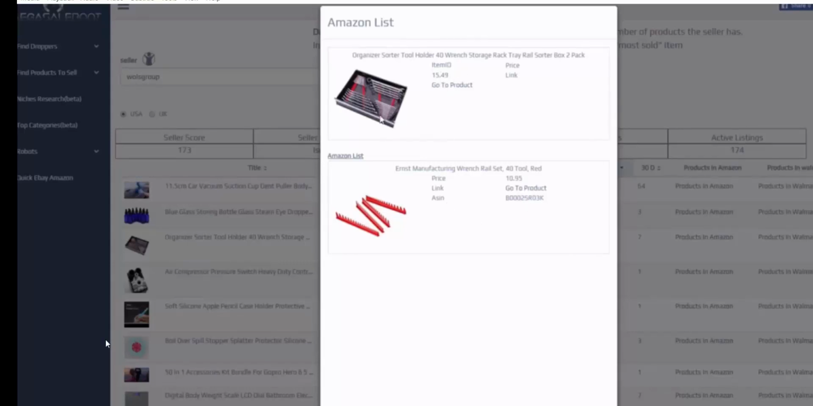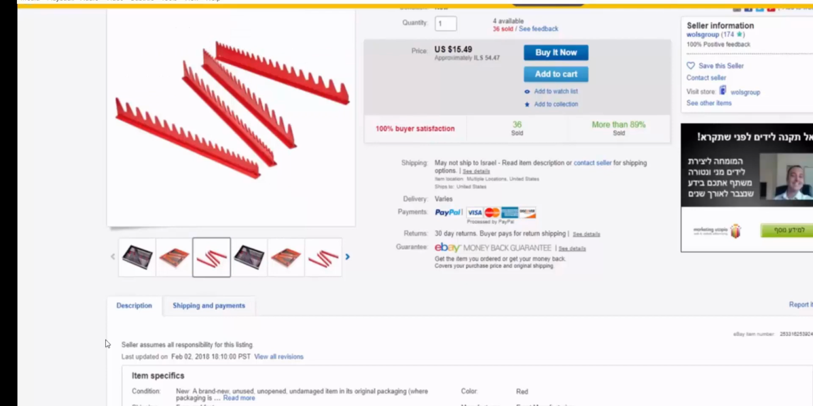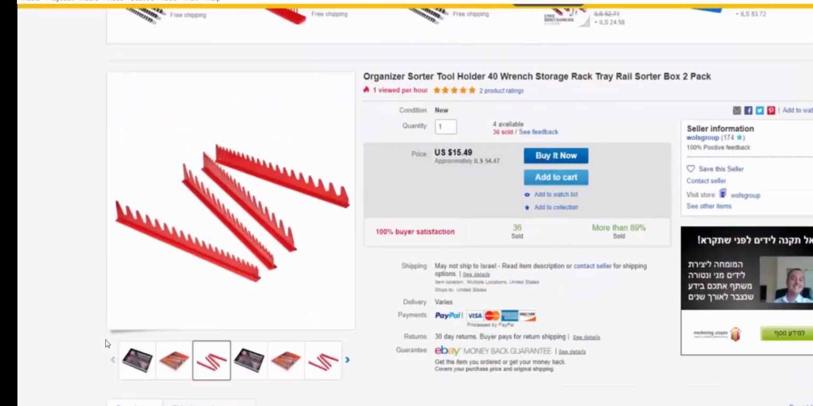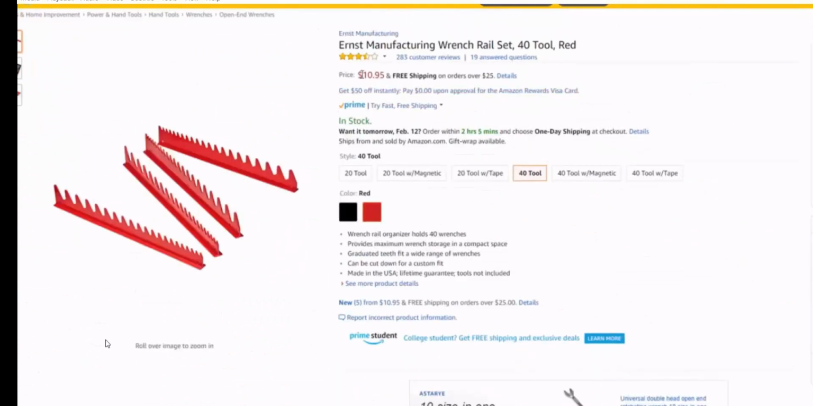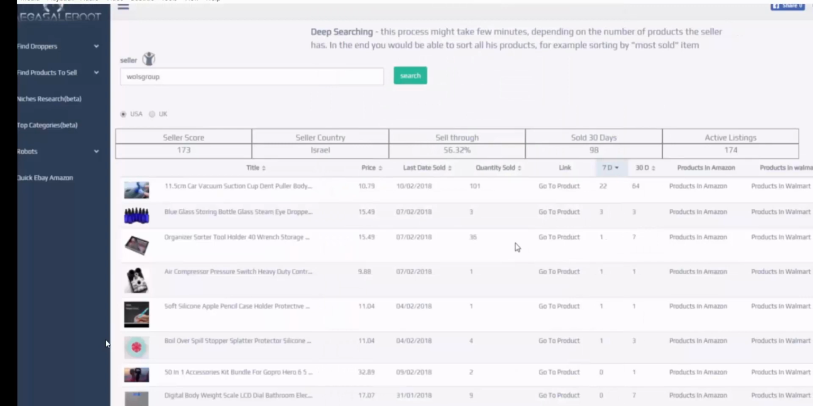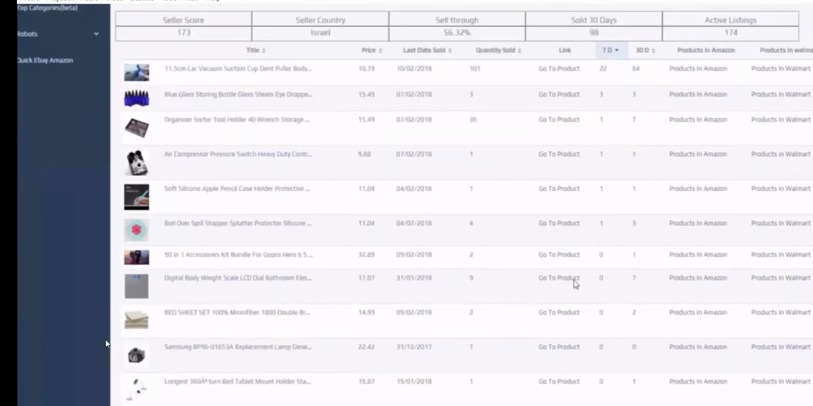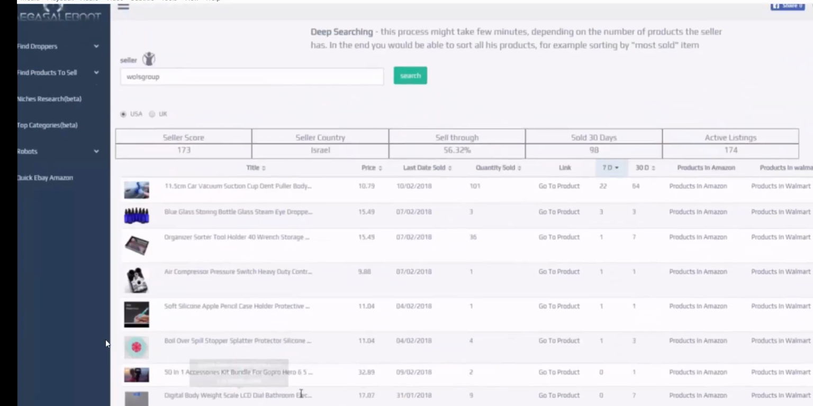15.49 and you just bought it for 11. You can check that it's the same item, okay? If you just click on go to product, you go here and then basically you can see that it's the same item. He sold it 36 times and here it's the same item, $5 less, okay? So it's a nice profit. I love it, I love it, I love it. And I can just keep going on and on to just learn more and more